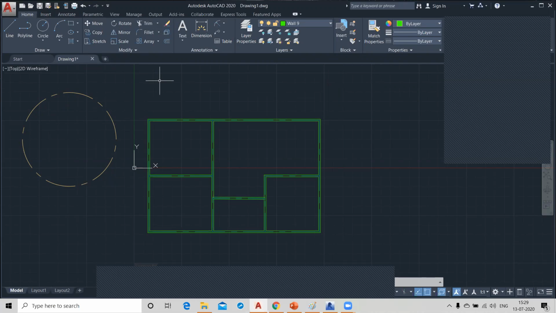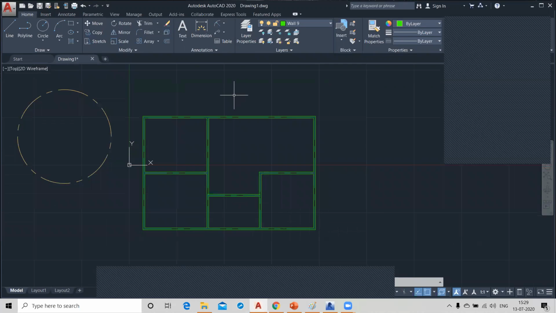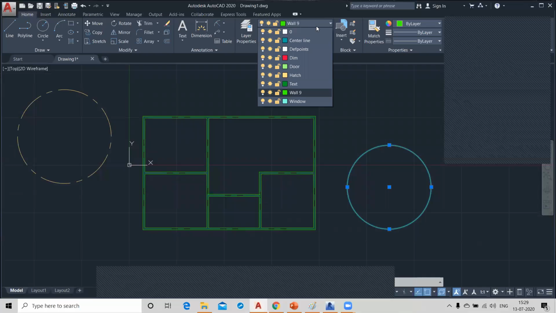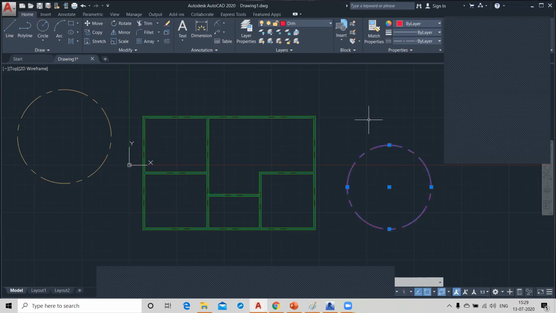His question is, if I draw an object in any other layer but I want to change the layer after drawing, you can select your object, go to the layer and choose the layer in which you want to draw this. After that you can change it, no problem.